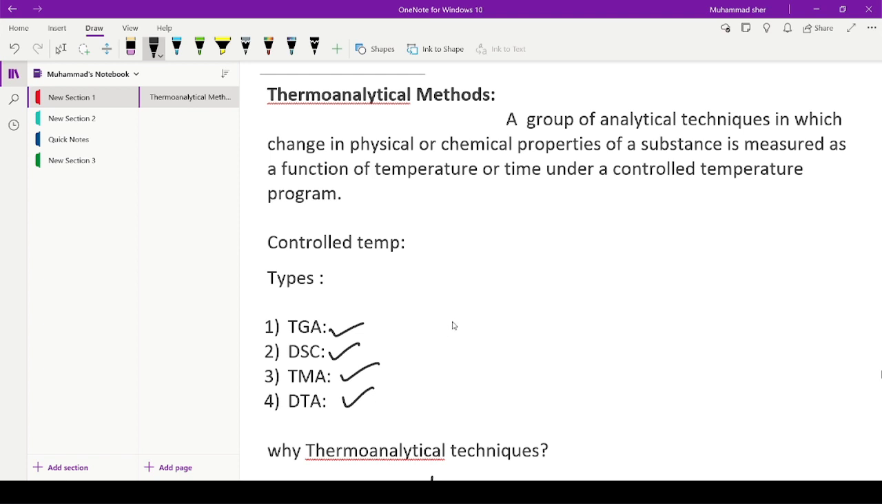So the very basic definition of thermoanalytical method is a group of analytical methods in which changes in the physical or chemical property of a substance are measured as a function of temperature, or we can say as a function of time, under a controlled temperature program. Now, by controlled temperature program, we mean having a constant heating rate,